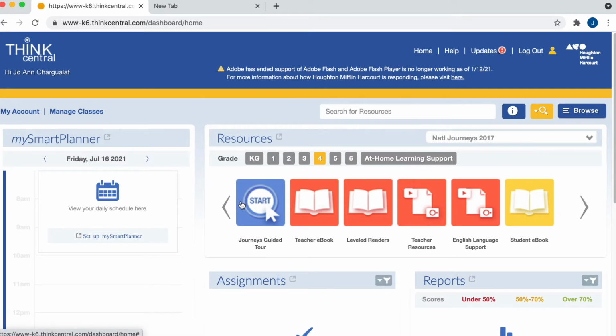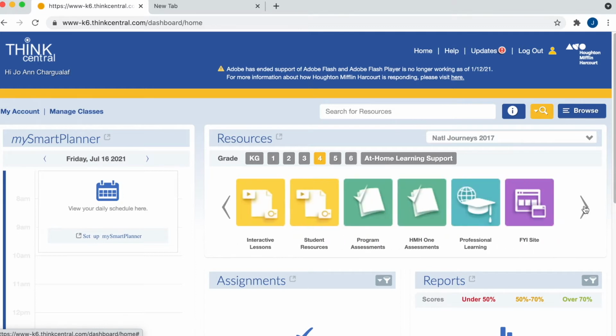First, you may find it right along this bar here. You can scroll to the right, and the green tile will show you program assessment. So here is one way you can access the assessments. The other way is under the resource page. So you want to click here,